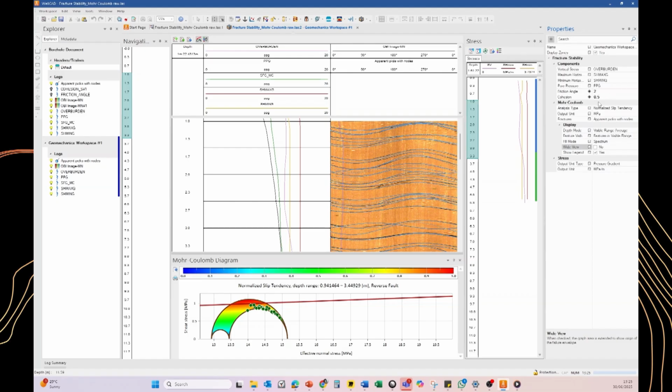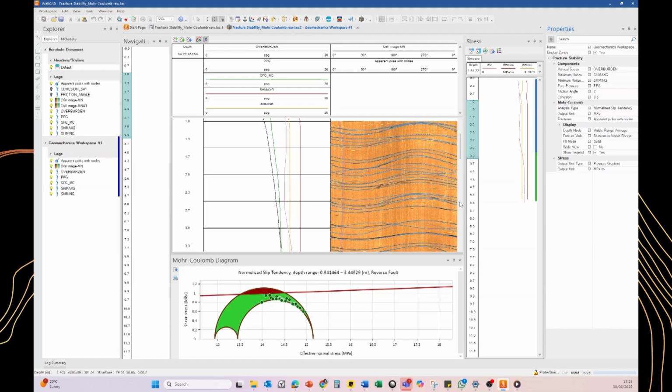So we can use 2 and 0.5 values for friction angle and cohesion respectively. We can see that most of the fractures are below the envelope, so they should be all non-critically stressed. We can now change the visualization of fill mode and select solid. We can see now in red those intervals that are critically stressed, and the intervals below in green are not critically stressed. We then modify the cohesion to 0.4, and we can now see that we have 4 features that are critically stressed.